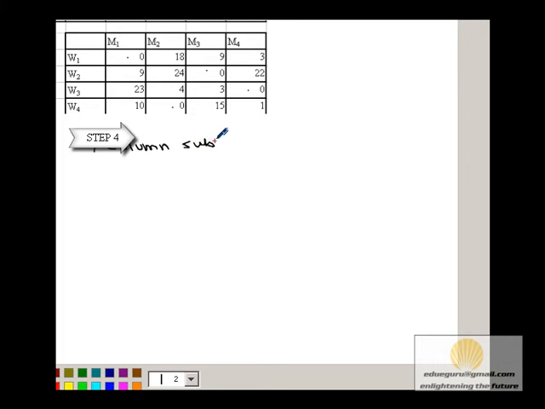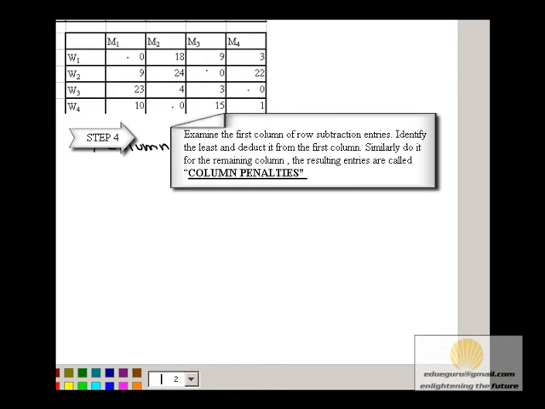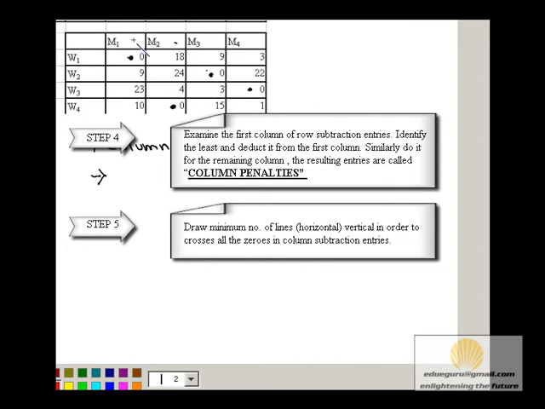Now the next step involved is column penalties or column subtraction, which is very similar to the row penalties. In column subtraction we'll follow the same method. We'll identify the least cost in each column and subtract that least cost from all the numbers in that column. If we look at the columns in this new matrix, we have 0 in the first column, 0 in the second column. Similarly, the third and fourth columns also have 0 as the least cost. So the matrix won't change after subtracting the least cost.